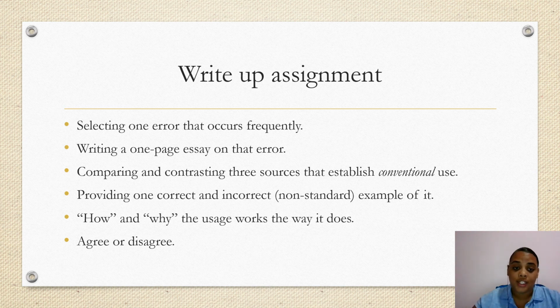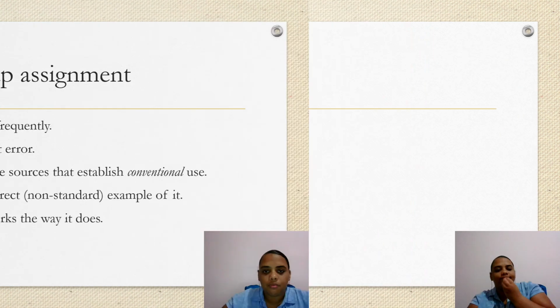That's how Joyce defines it, which will consist of the student comparing and contrasting resources that establish conventional use for the grammatical or mechanical topic they will be writing on. The student will have to provide one correct and incorrect example of the usage and how and why it works the way it does, and if they agree or disagree. Additional to that,